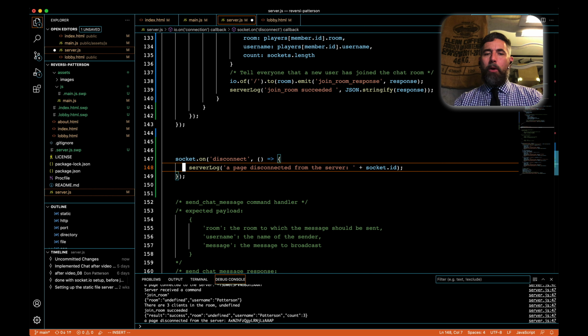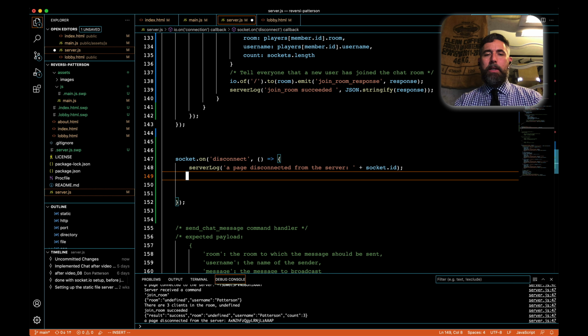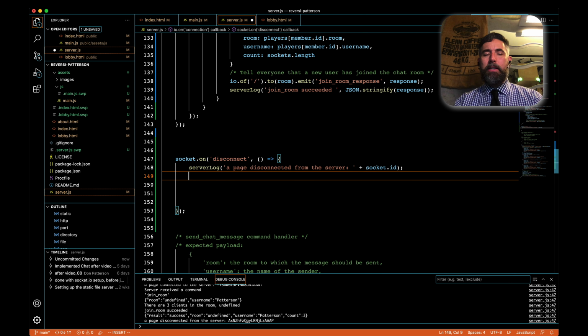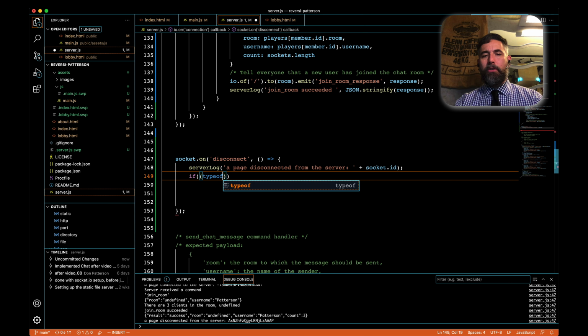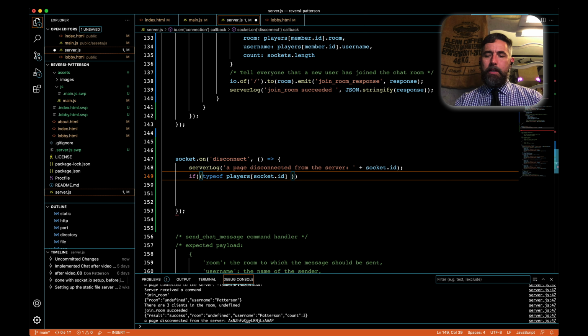All right, previously all we did was log a message that someone disconnected. But what we need to do now is let everyone know that someone is disconnected. So we have our socket ID, and we want to check to see if we have a record of them in the data structure that we're keeping track of. So we're going to check to see if the type of players[socket.id] is not equal to undefined, so we're looking for a lowercase undefined in a string,